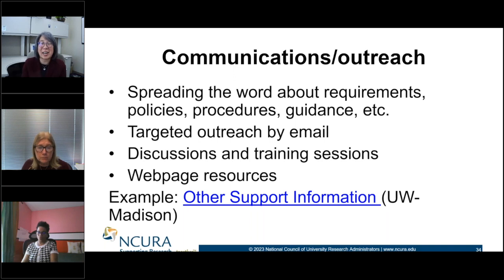So communications and outreach, this is obviously absolutely critical. We need to spread the word about what the requirements are, what the policies, procedures, and guidance are, and we need to reach all of those people, our investigators, the administrators who support them, our deans, our chairs, our COI office, our export controls office. We're all in this together, and so we need to all have an understanding of the breadth of what's required